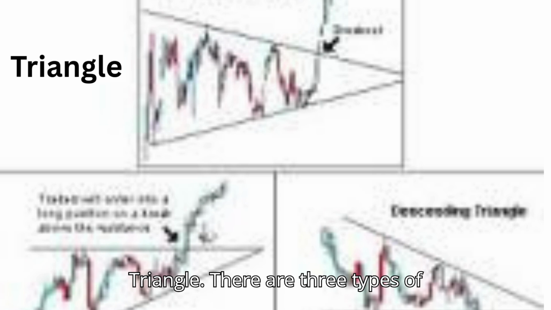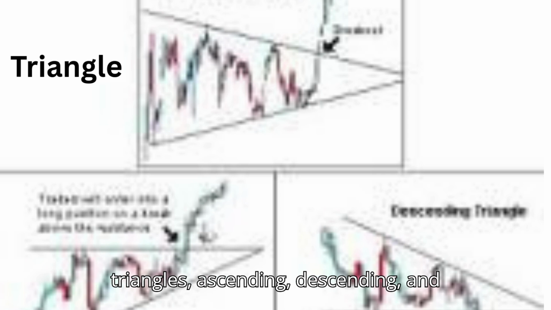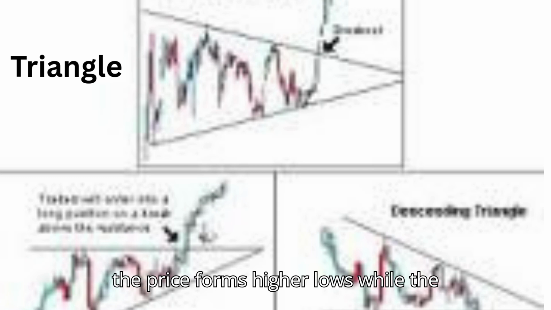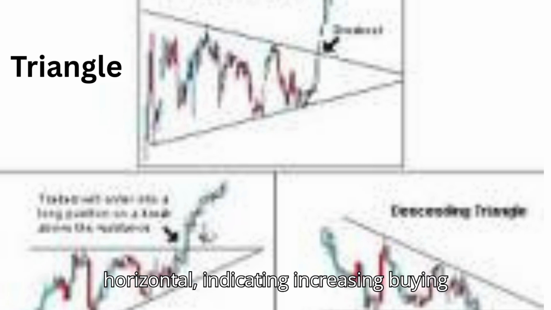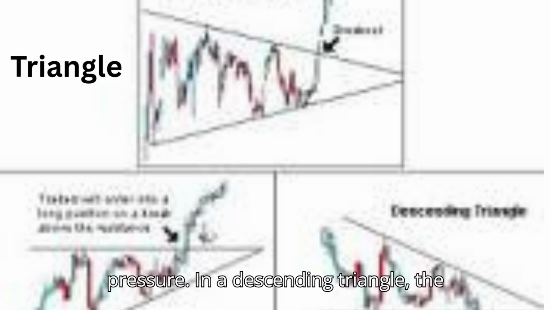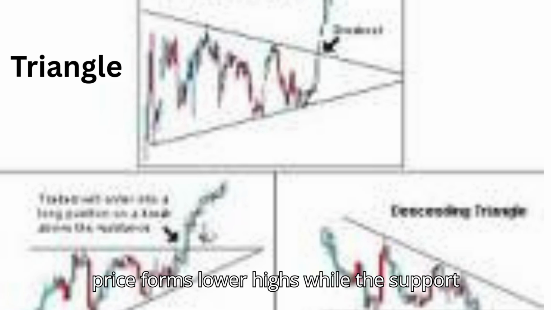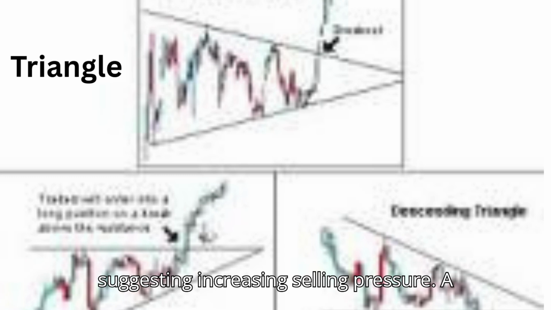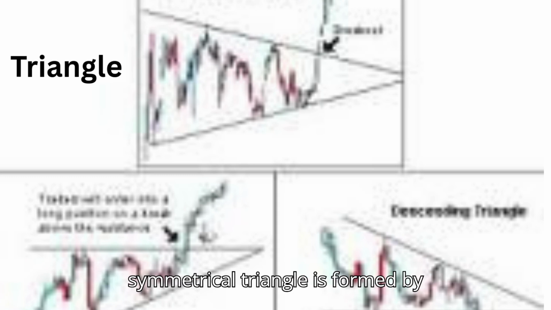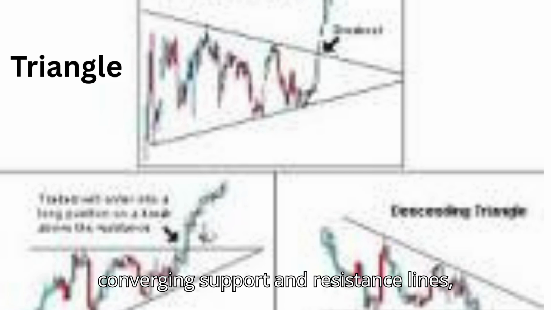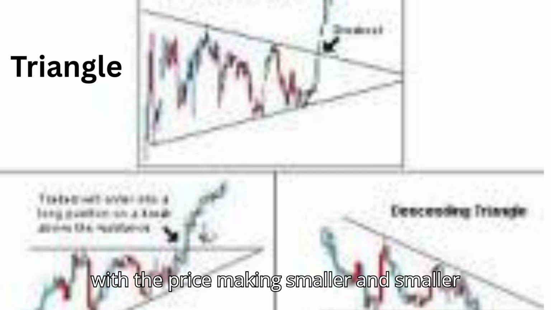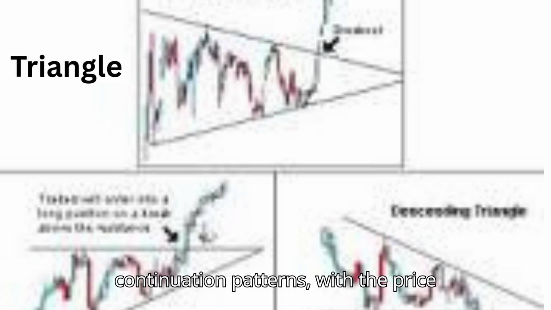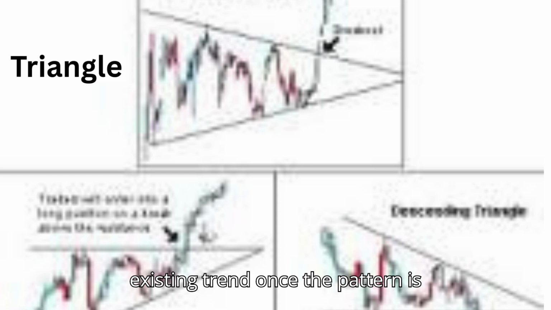Triangle. There are three types of triangles: ascending, descending, and symmetrical. In an ascending triangle, the price forms higher lows while the resistance level remains relatively horizontal, indicating increasing buying pressure. In a descending triangle, the price forms lower highs while the support level remains relatively horizontal, suggesting increasing selling pressure. A symmetrical triangle is formed by converging support and resistance lines, with the price making smaller and smaller swings. Triangles typically act as continuation patterns, with the price breaking out in the direction of the existing trend once the